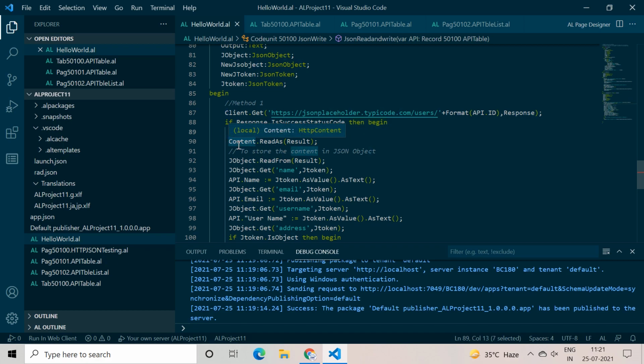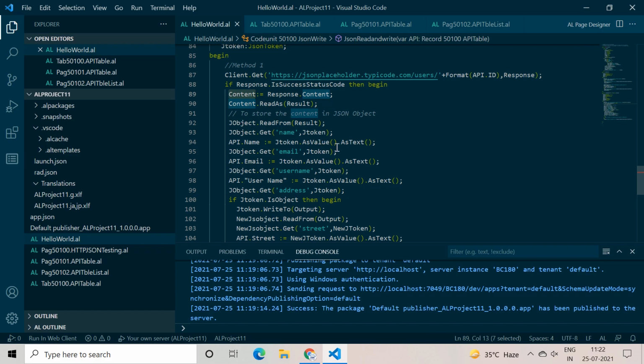Then I read that complete data into the result text data type, and pass this complete result into my main JSON object. From it, whatever field values I want, I type the name of that key available in the JSON data, pass it into the JSON token, and from that JSON token I pass the result into my table field.